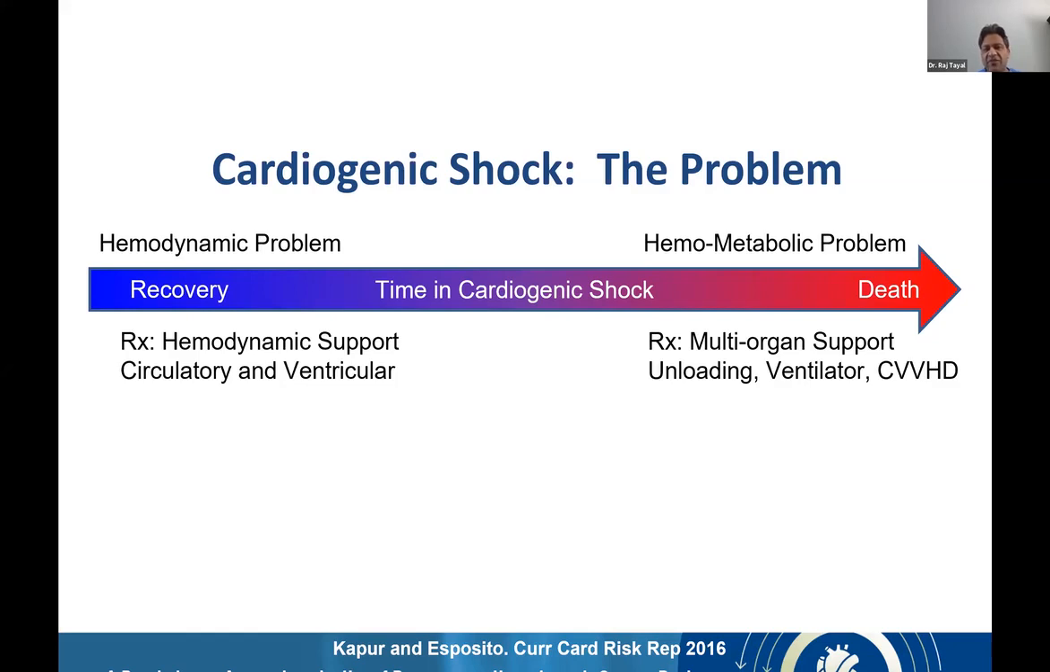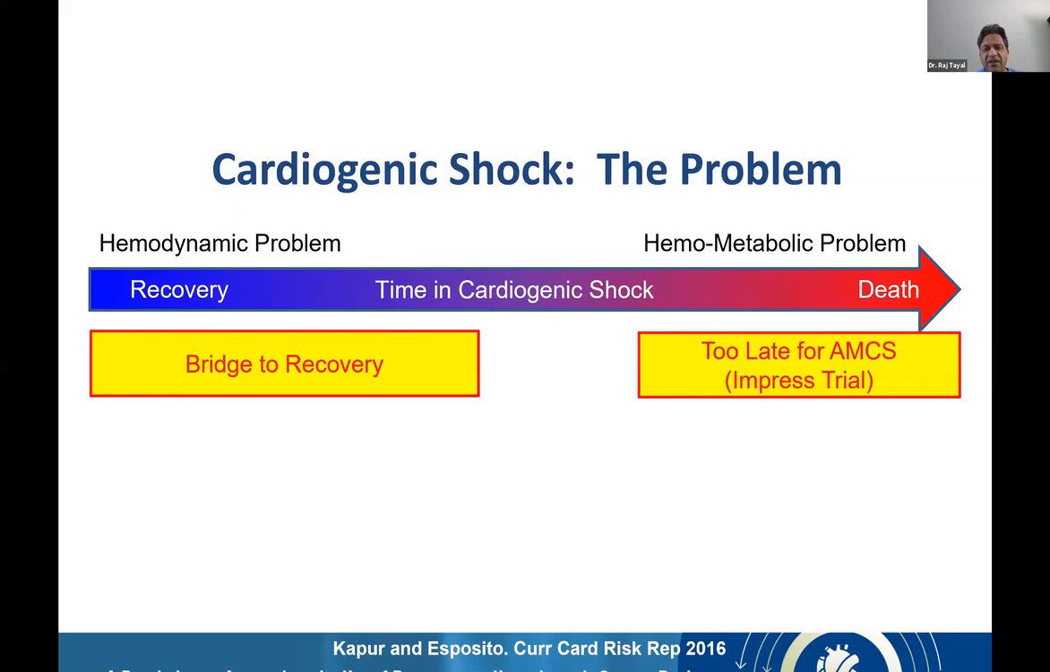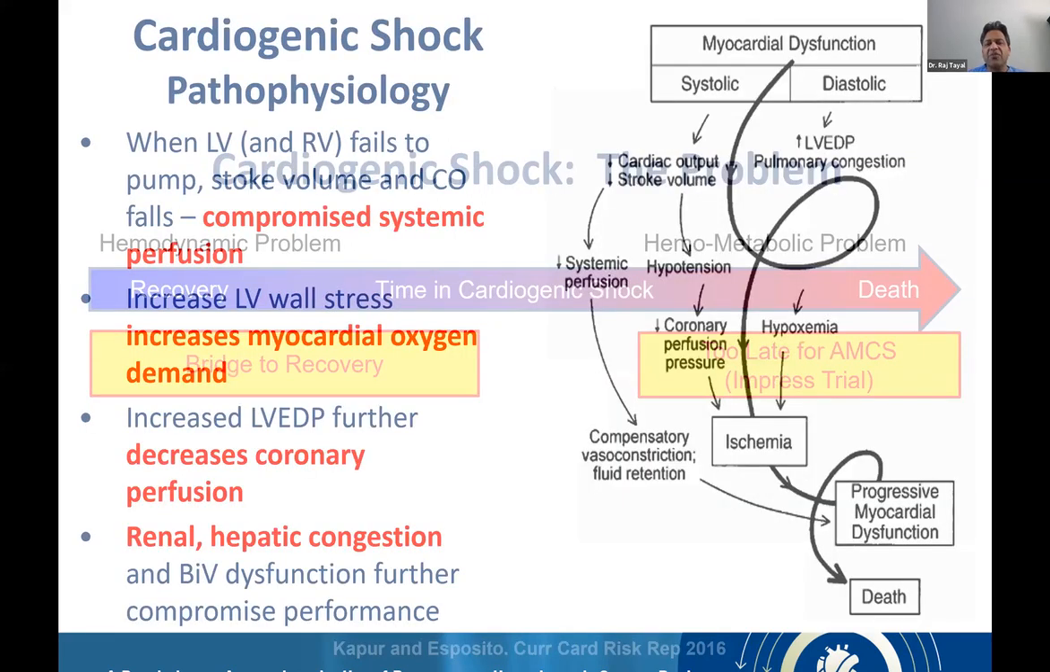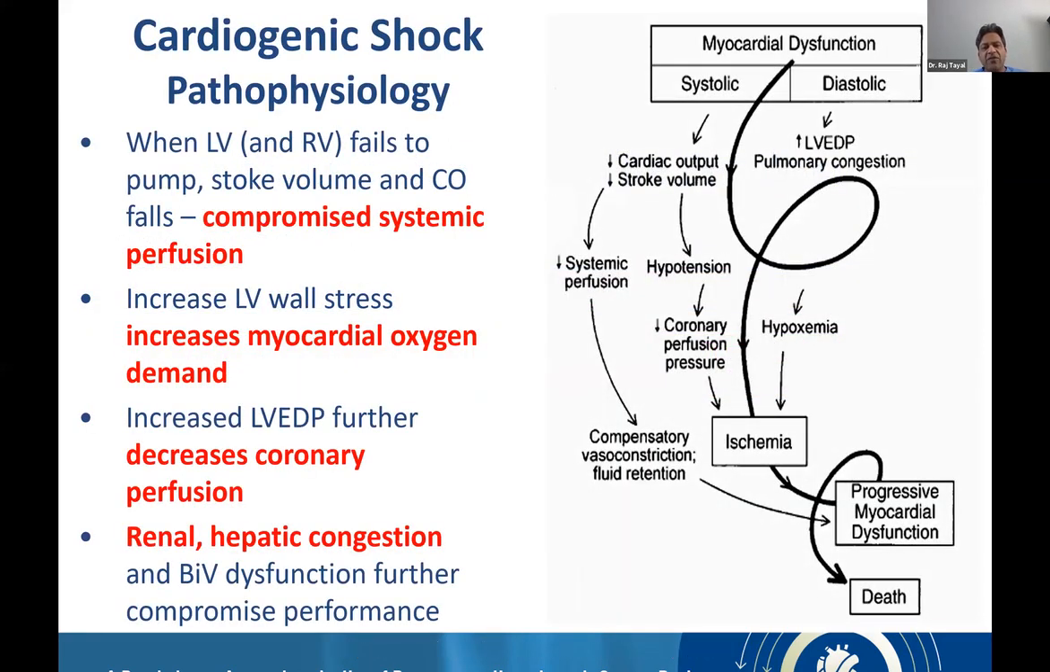So really, preventing the progression of the hemometabolic spiral has become the key focus. Rather than waiting, we try to intervene early and really prevent the spiral, if you will, of progressive myocardial